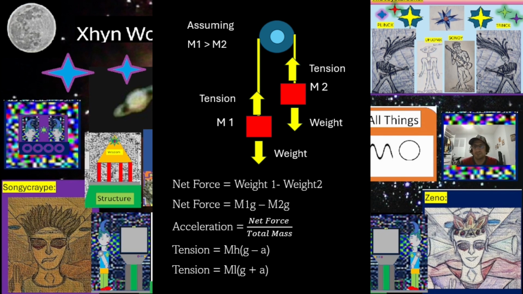Where does this equation come from? It comes from the fact that tension pushes up on m1 and weight pushes down on m1. So tension minus the weight 1 gives you the net force on m1. The net force on m1 will be negative because m1 will be going down. So negative m1a equals tension minus weight 1. And then you solve this equation for tension and you get